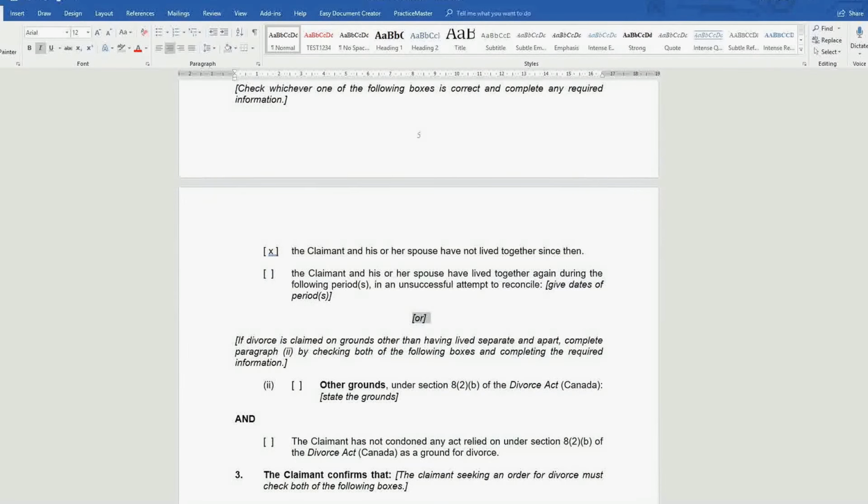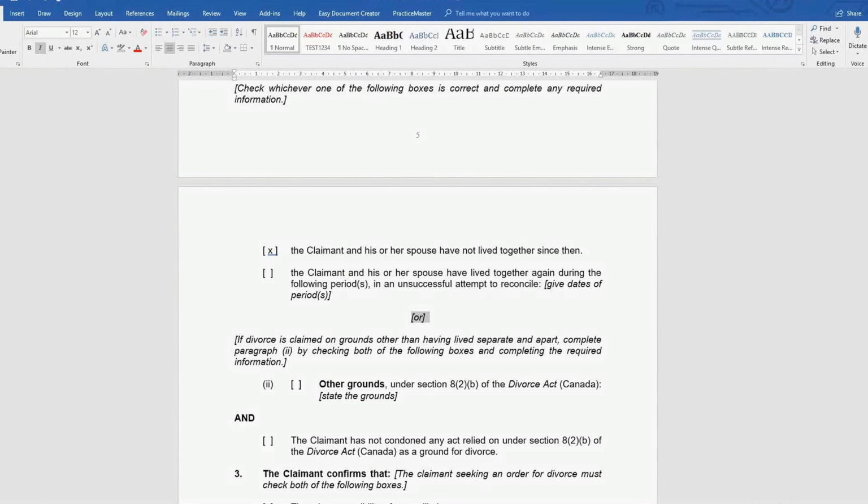This is because there are 3 grounds for divorce. The most straightforward is being divorced because you've been separated for more than a year. The other 2 grounds are adultery or physical and mental cruelty. My suggestion is, even if you have experienced adultery or physical and mental cruelty, it won't really be worth your time to ask for a divorce on those grounds, because you may have to go to trial and prove that you've been